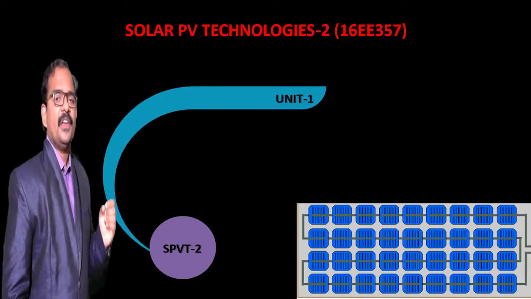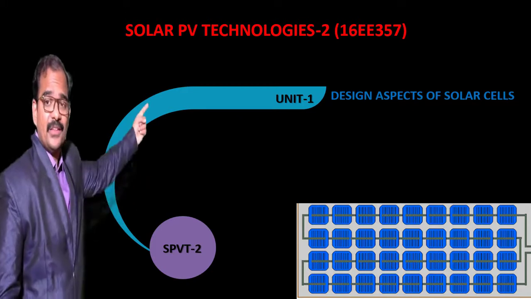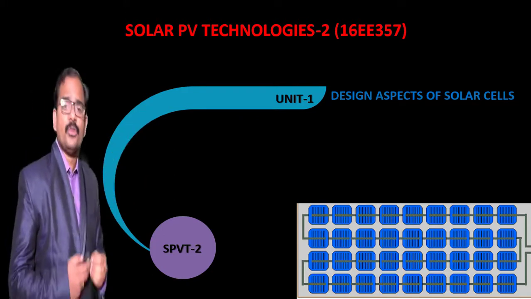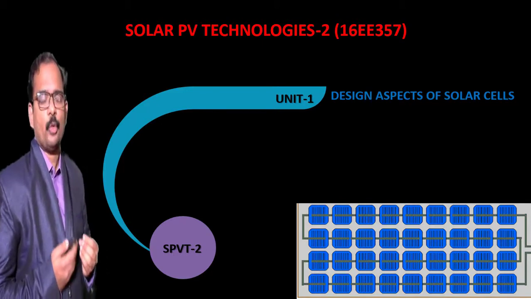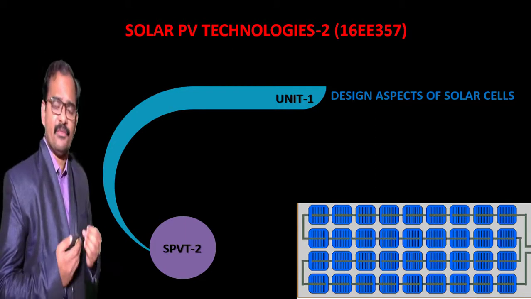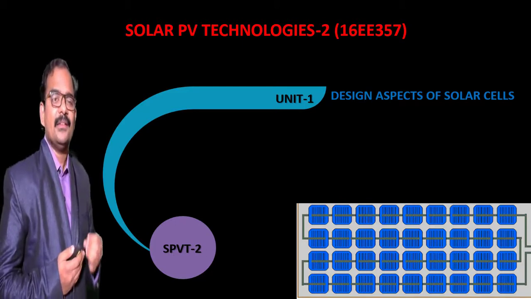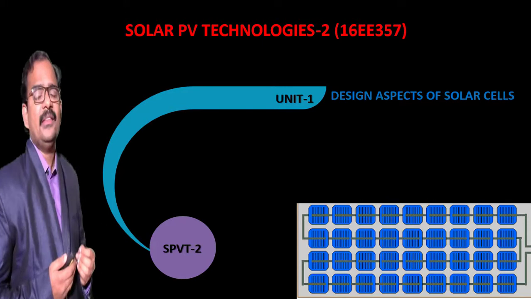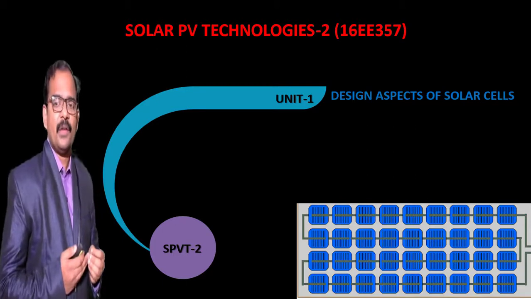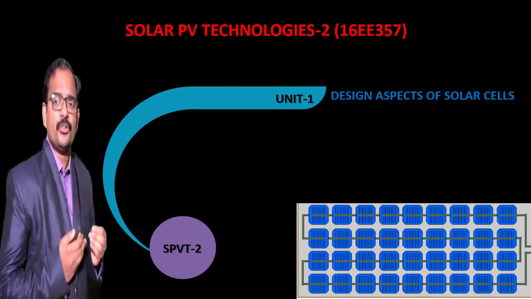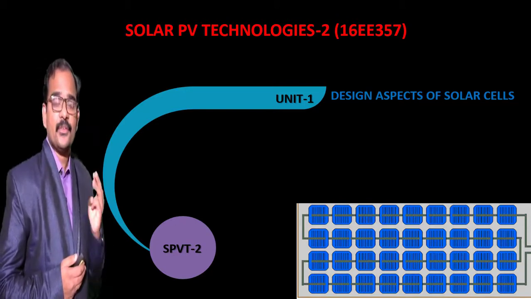So guys, we have completed our subject, solar PV technologies, in all the aspects. Now let us brush up on what we have gone through in the 5 units of this subject. In the first unit we have seen the design aspects of solar cells. We have seen the upper limits of short circuit current, open circuit voltage, fill factor as well as efficiency. Then we have also gone through the design aspects of solar cells: design for high short circuit current, design for high open circuit voltage and design for high fill factor. What are the methods we have discussed in design for high short circuit current? We have discussed anti-reflective coating, light trapping and surface passivation.